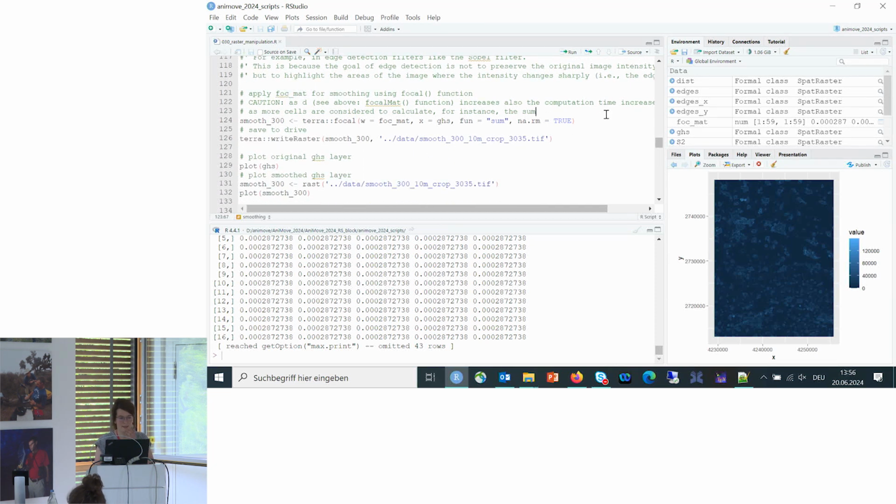Then you can apply this focal matrix to your data. Again, you put the matrix here, focal mat. We use the same data set as before, the global human satellite layer, and I use the sum. What we didn't do before is specify any function, but you can also specify a function. In this case, it's the sum. So the matrix is multiplied with the image, and then you build the sum. So it's basically the mean of all pixels included in this matrix. Then you save it to drive. I didn't run it,